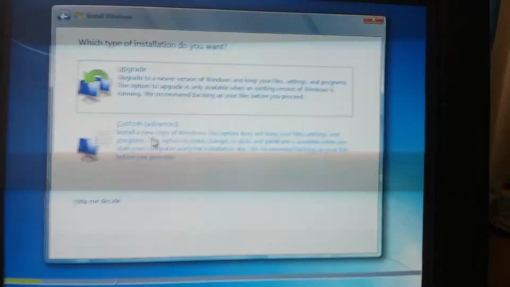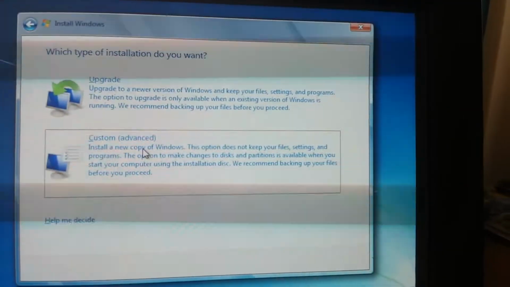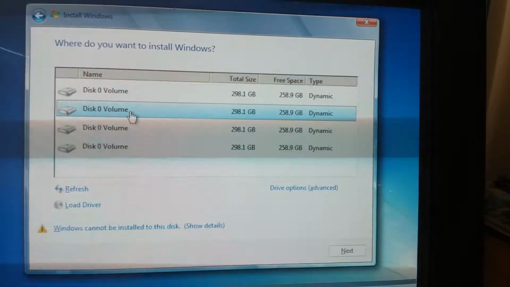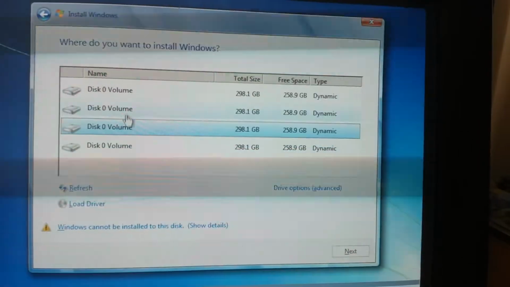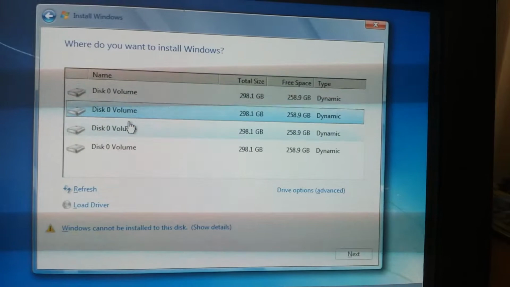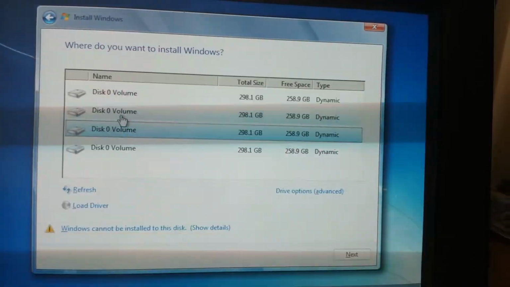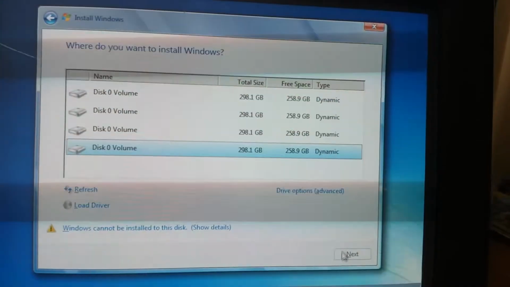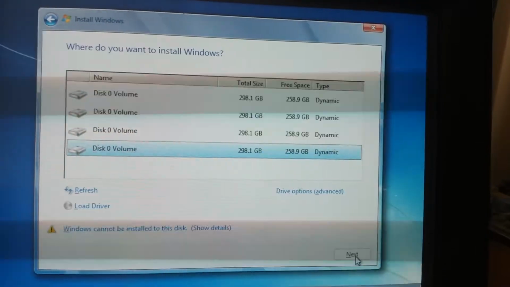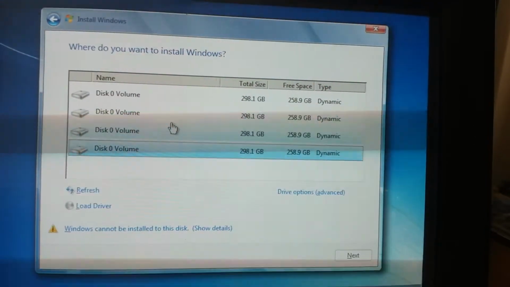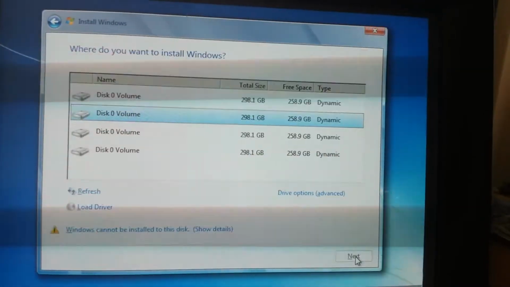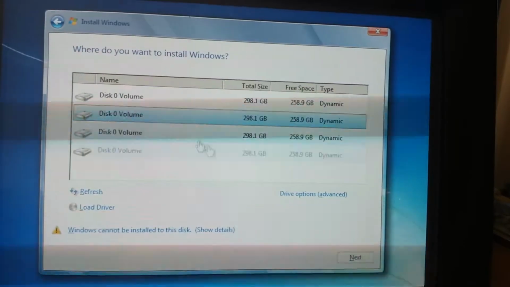I am selecting the custom advanced, and here are the partitions which are already done by the user, but the thing is I am not able to install Windows operating system in any of the partitions. See, if I press next in each volume, I will not be able to proceed for the Windows 7 installation.